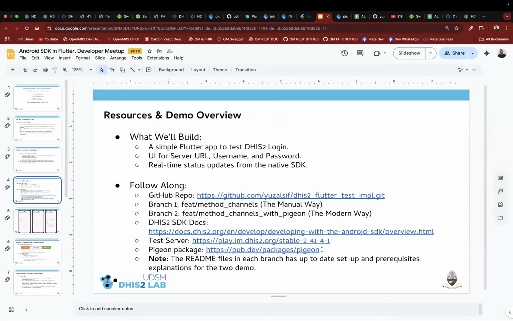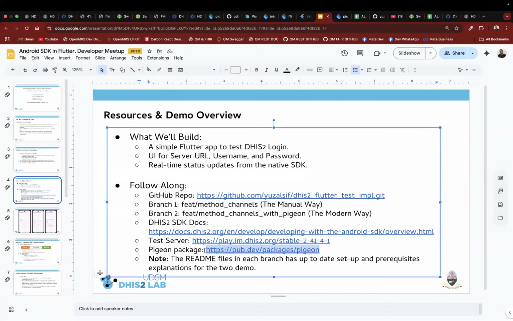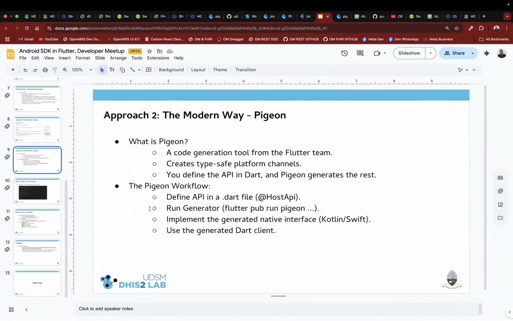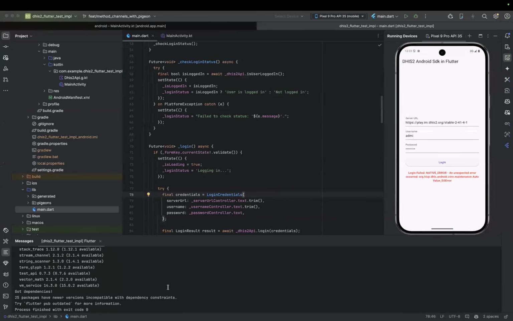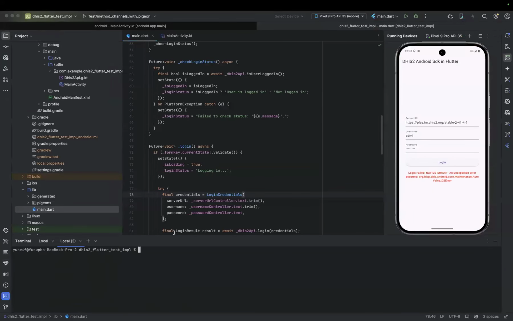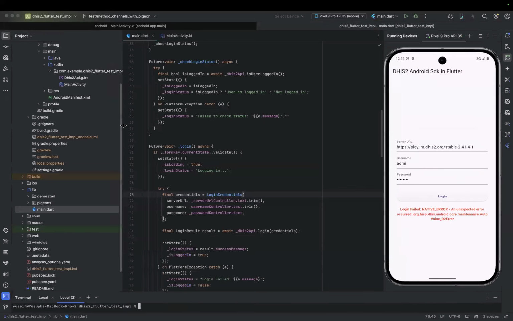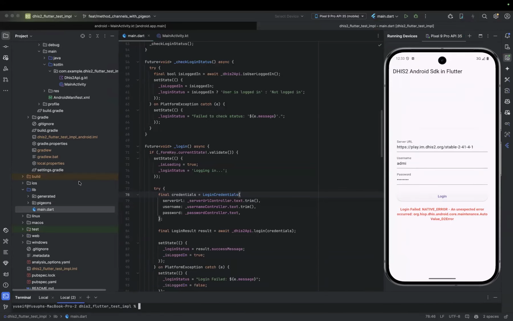To follow along, you can learn a lot more about Pigeon at pub.dev, on how to install it, to use it, and everything. Yeah, so this is what we get in Pigeon.